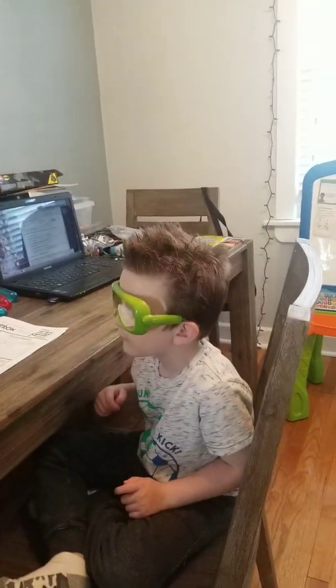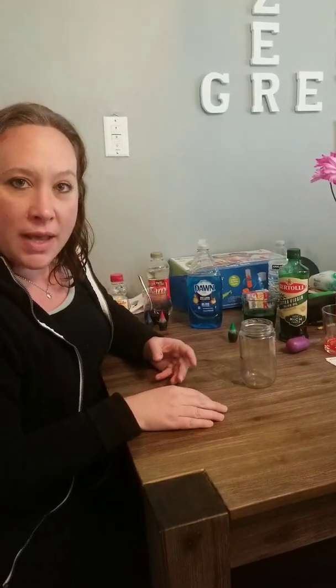So I have my trusty helper Grayson here. He's got his science goggles on. Gray, say hi. Hi. He's ready. Nothing's going to splash in his eyes. He's fully prepared. So we're going to take our jar, and the first thing we have to add to our jar